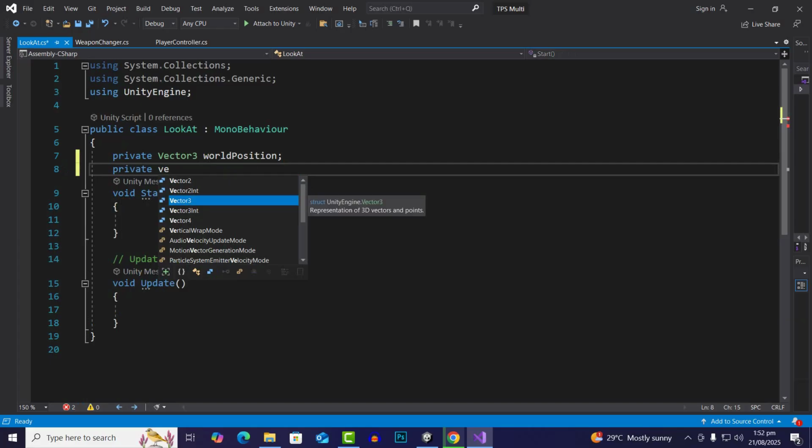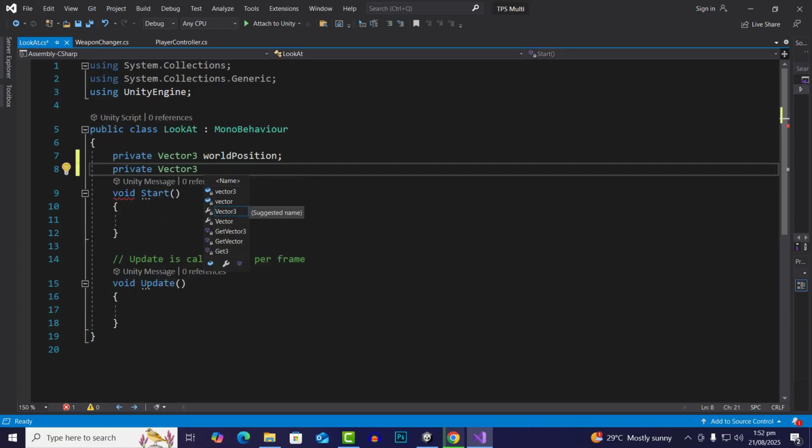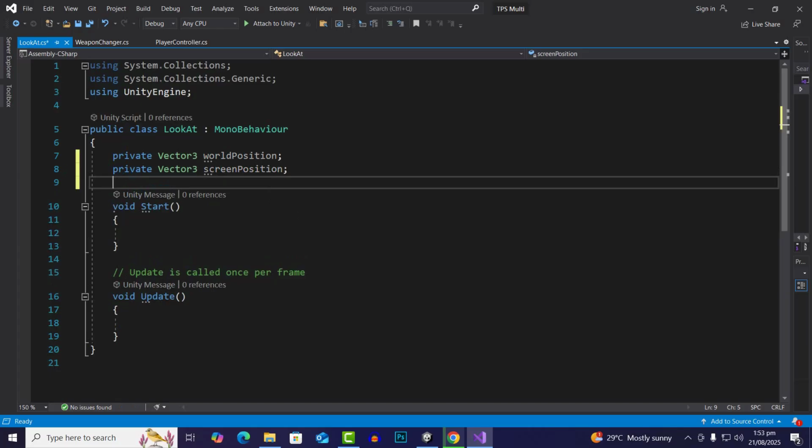In UI we have the screen position on the X and Y axis, and in the world position we have the 3 axes. Okay, so we will just enable the position, and then we will just create a public GameObject crosshair,